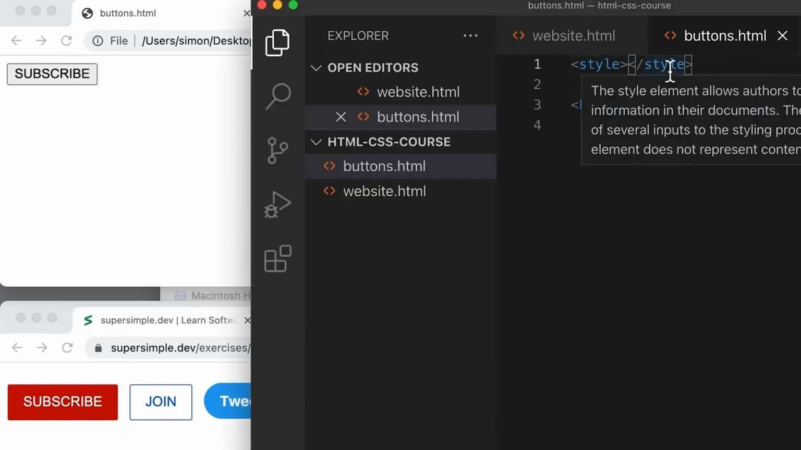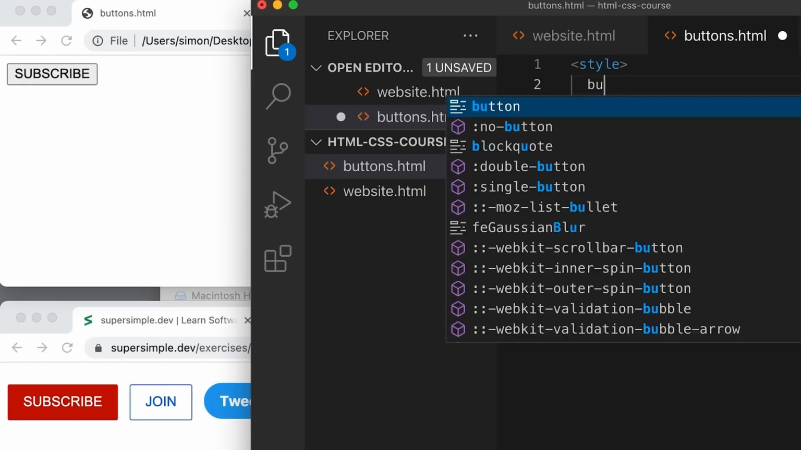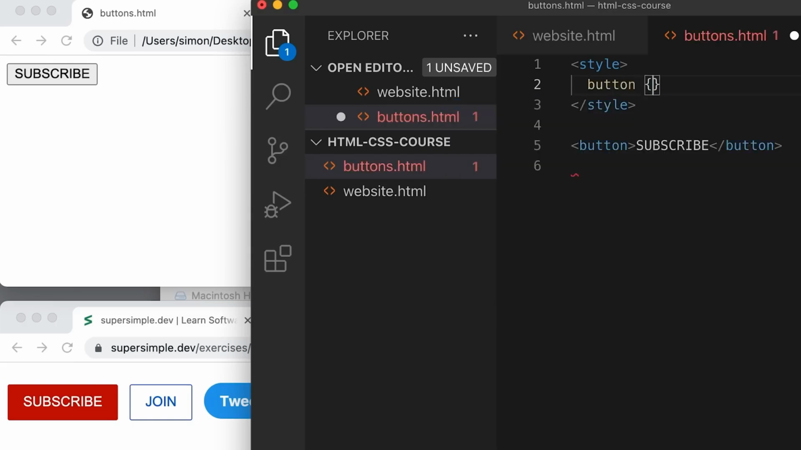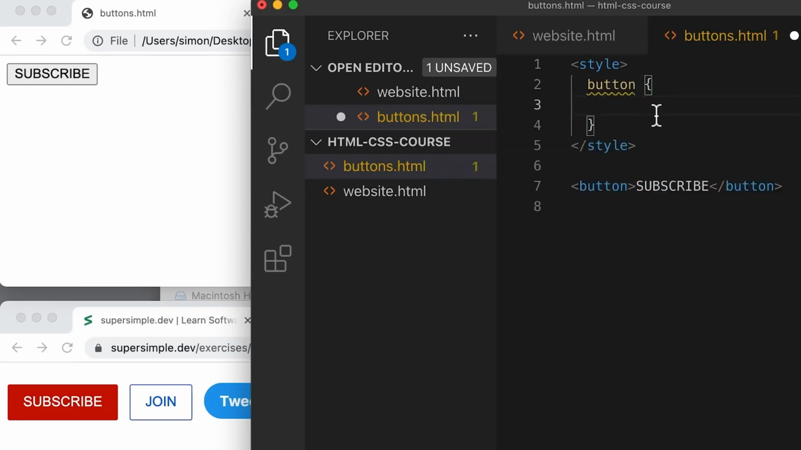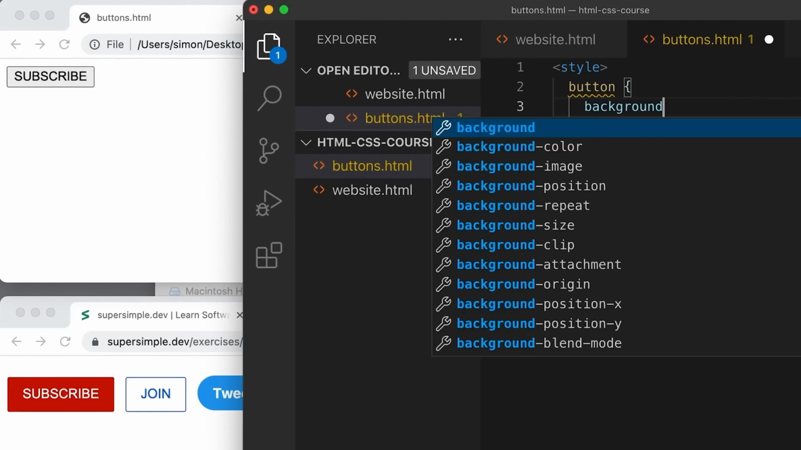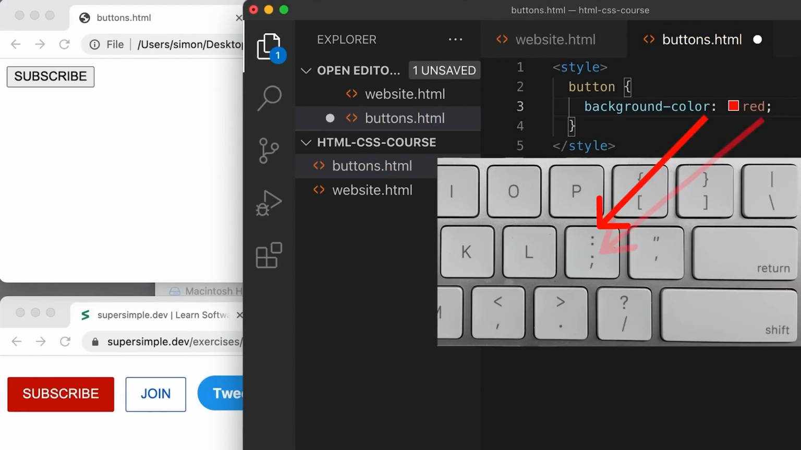So the purpose of this element is that inside this element we can write CSS code, which modifies the appearance of other elements. For example, let's write our first bit of CSS code. We're going to type button, open squiggly bracket, close squiggly bracket. And then inside these brackets, we're basically going to give instructions to the computer on how to modify the appearance. For example, we can set the background-color: red;